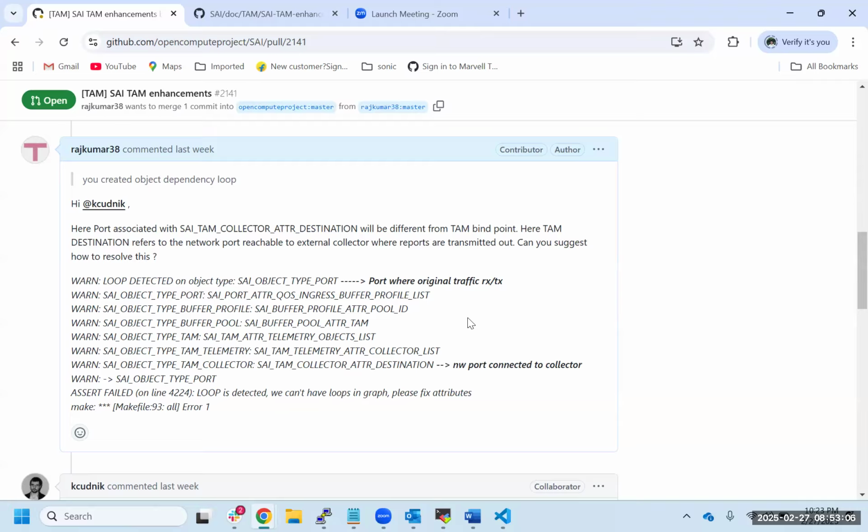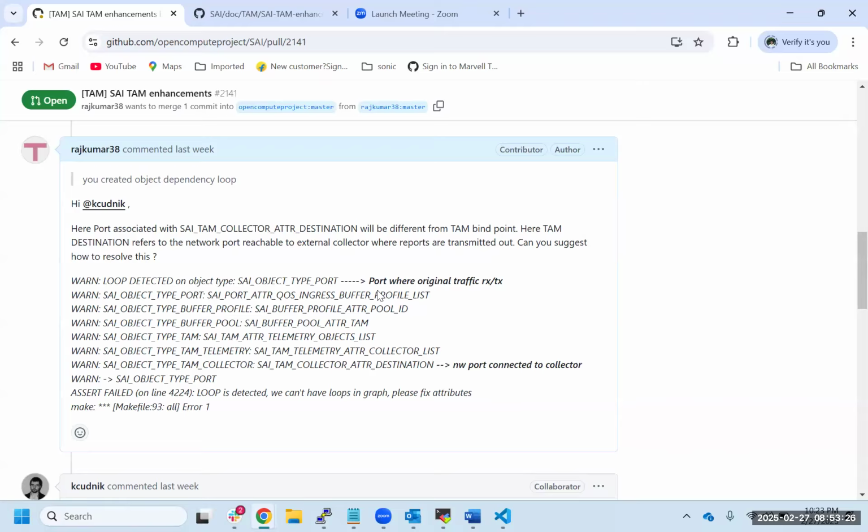Because it can cause recursive dependency on objects, which then cannot be resolved. Potentially you can make such a recursive dependency here, and that's why you're getting this error.